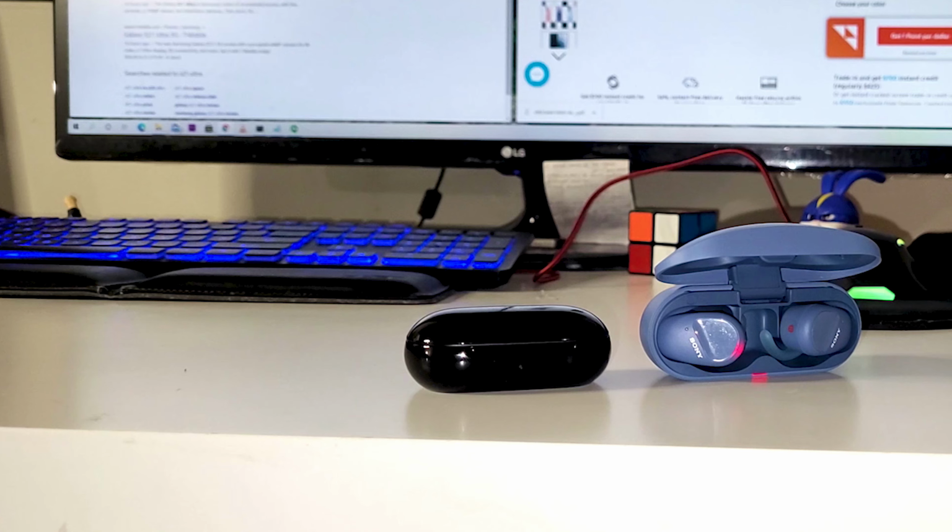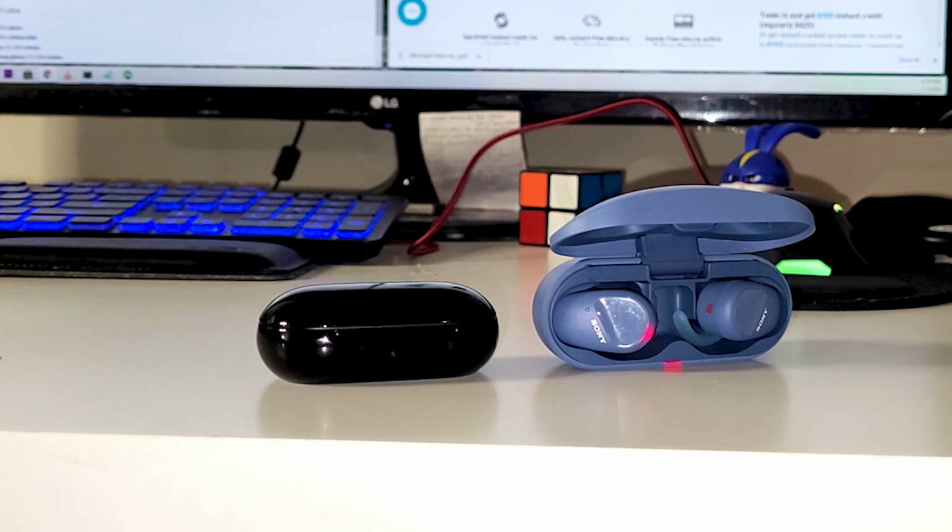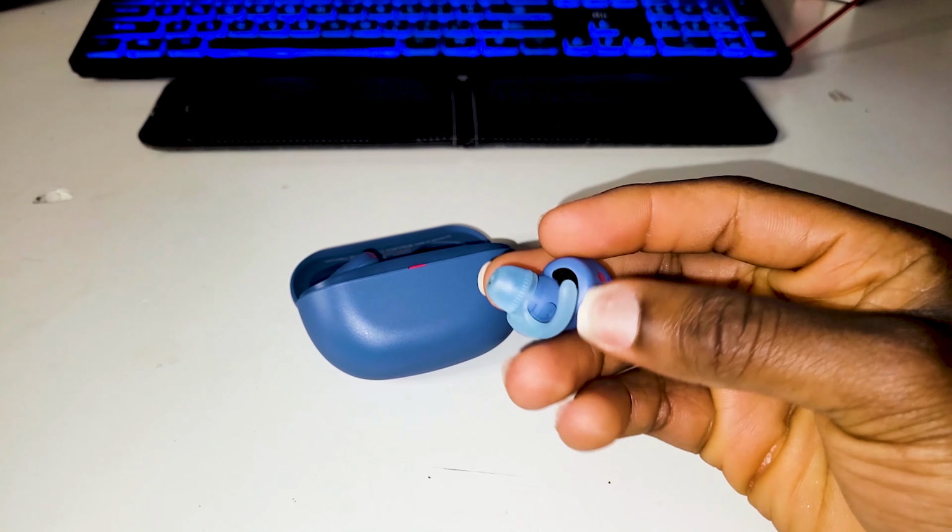So first off for me will be the design, and right out of the box, you can tell that this Sony is huge. Looking at this charging case, you just see that this is freaking huge. And when you go even deeper into it, the earbuds themselves are massive. Like, yo, this guy literally sticks right out of your ear. It's not designed to stick in your ear canal, rather it's meant to be out there and create a snug fit thanks to its air tips and its silicone case, which quite surprisingly, despite the fact that it's a little bit heavy, at 0.4 grams,